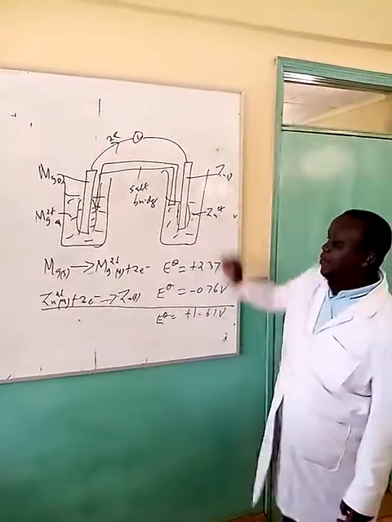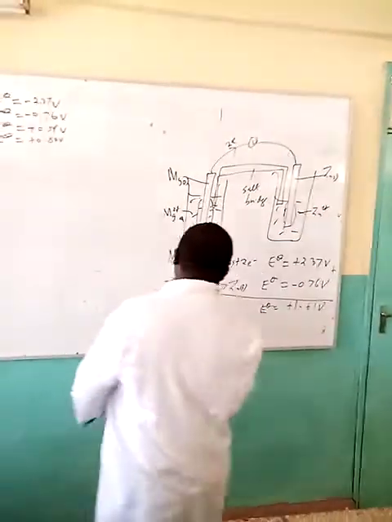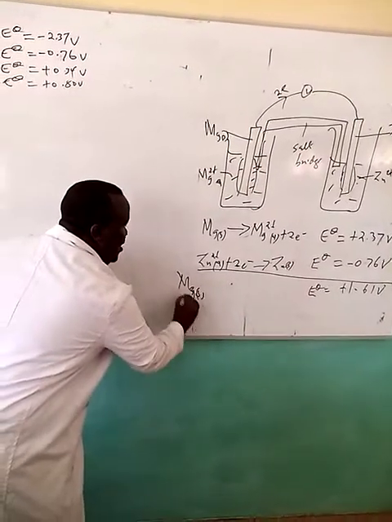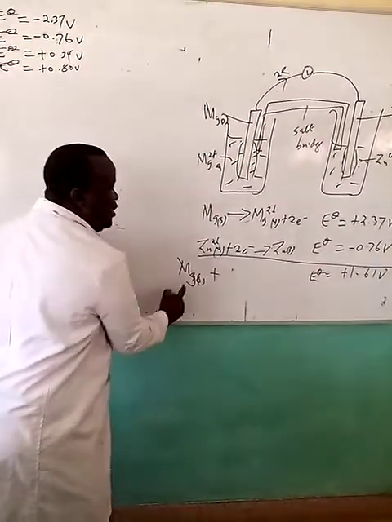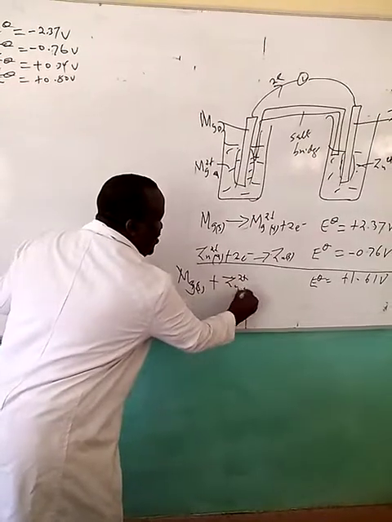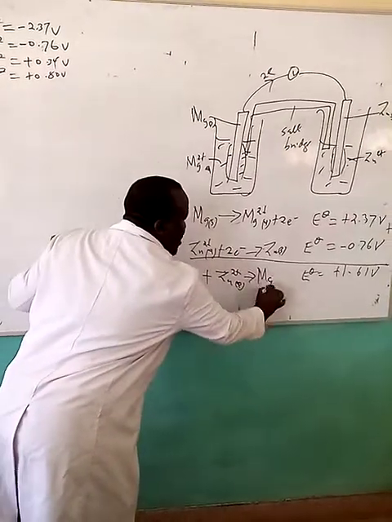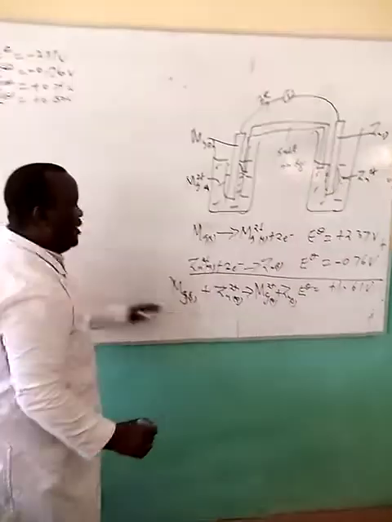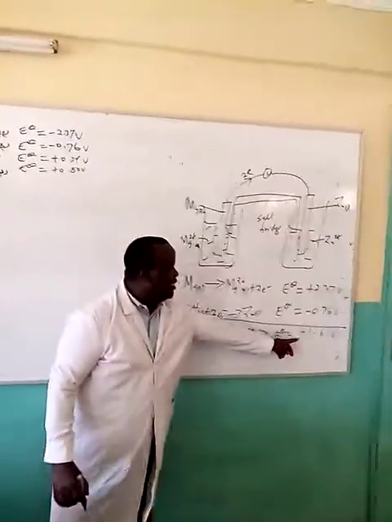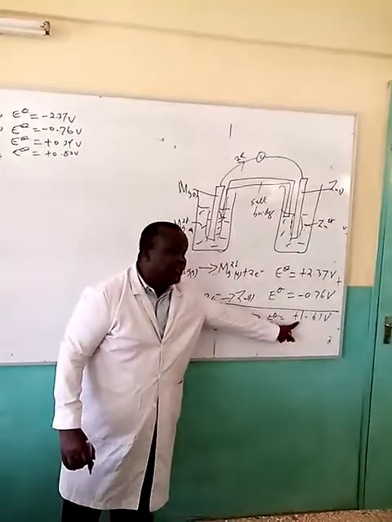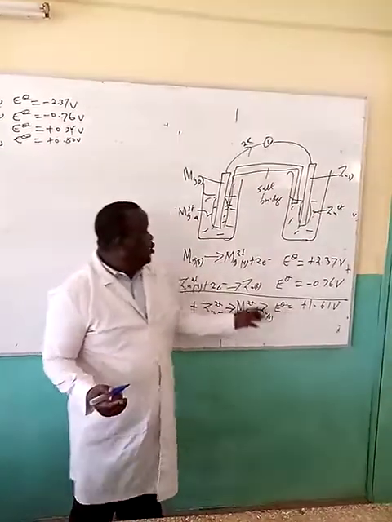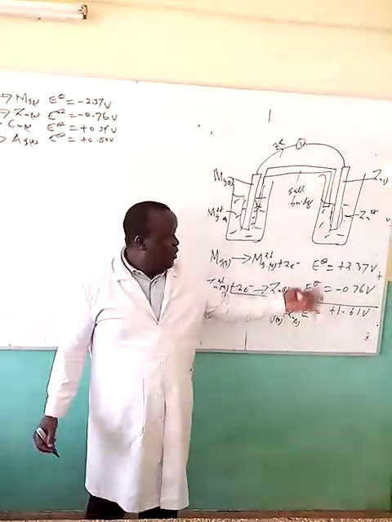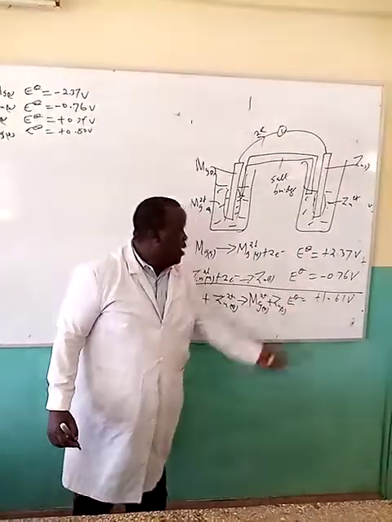What will be reflected here? And then we can as well accompany this with the ionic equation. We have magnesium solid, releasing electrons to zinc ions in aqueous state to form magnesium ions in aqueous state plus zinc solid. So this is the ionic equation, and this is the electrochemical cell electromotive force that we wanted to obtain. So we can use the inert value to obtain the electromotive force of a cell. This is one example of doing it.